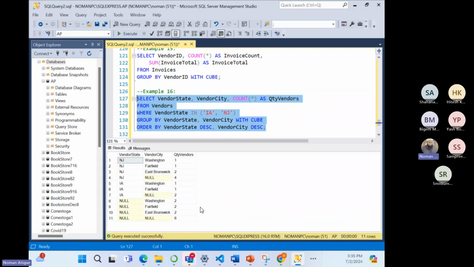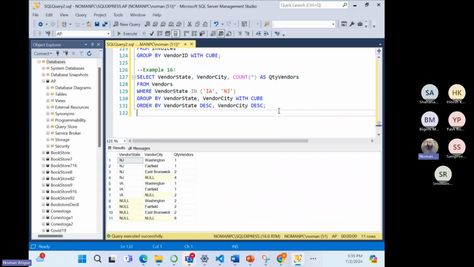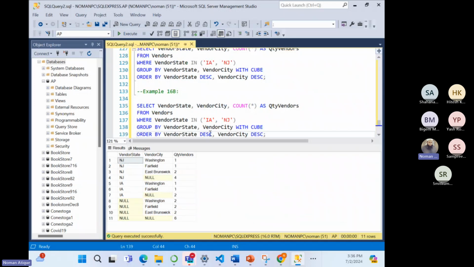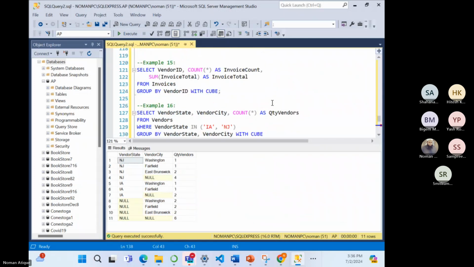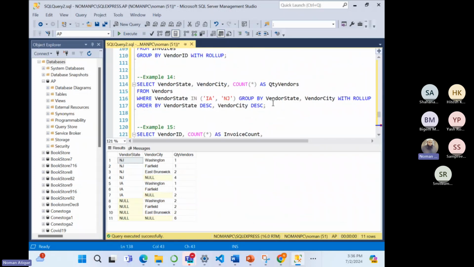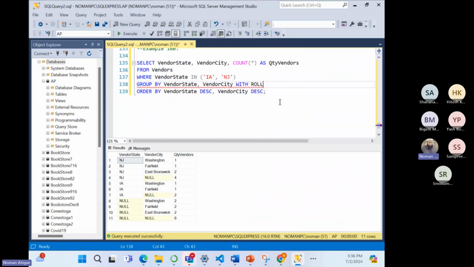And if I just copy this one and call it example 16B, because I'm just making a little change. So if I come here and say with rollup, yes, sorry, with rollup. Right. So if I just say with rollup,